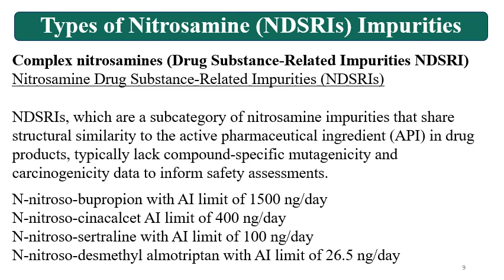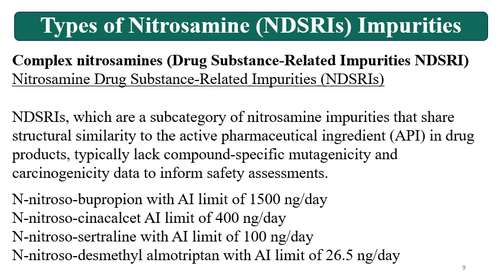The examples I have given here, like N-nitroso-bupropion, N-nitroso-cinacalcet, N-nitroso-sertraline, N-nitroso-desmethyl almotriptan, have AI limits respective to the molecule, which range from 1500 nanogram to 400 nanogram to 100 nanogram and 26.5 nanogram